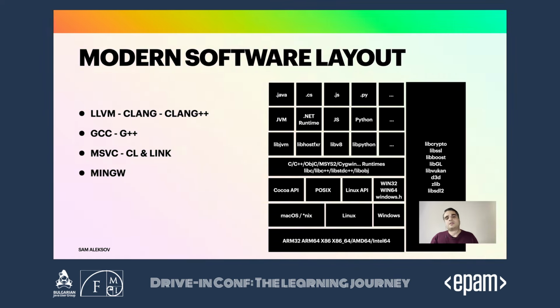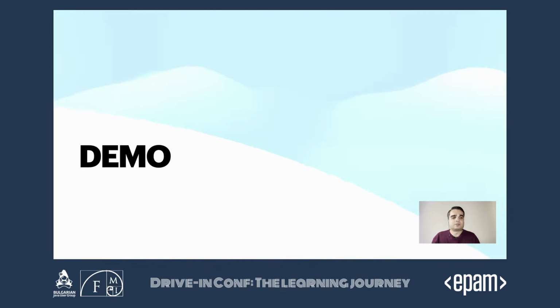But these are all standing on the shoulders of some of the giants out there, like libcrypto, libssl, libboost, which not many people like actually, but it is used in a lot of software out there. GL to run our graphics, Vulkan, sorry for the typo there, DirectX, zlib for compression is all over the place, and SDL for multimedia, and so on and so forth. So without further ado, let's jump to the demos, write some code, compile some executables on different operating systems, compile some libraries, link them together, and see how we can also have some interoperability in place between the different runtimes.